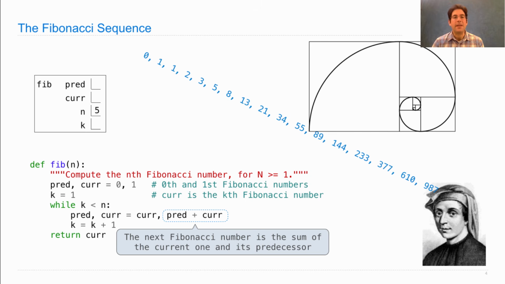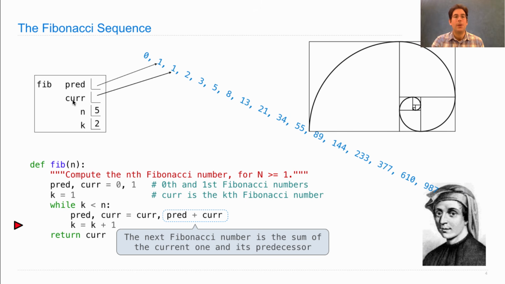In the environment diagram for this example, we're keeping track of the names pred, cur, n, and k in a local frame for calling the fib function. n never changes. So if we're trying to find the fifth Fibonacci number, which is 5, then n would be 5 at the beginning, pred and cur would be 0 and 1, and k would be 1. Now we'll track which values are bound to these names every time we finish executing k equals k plus 1. So the first time through, we'll rebind pred and cur to be the next two numbers in the sequence, and